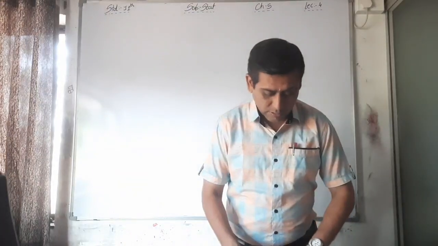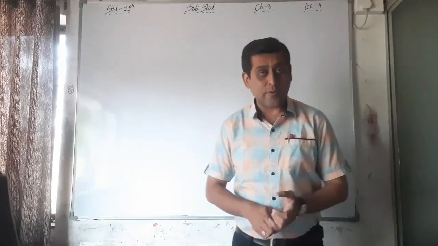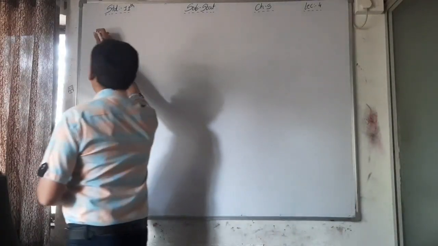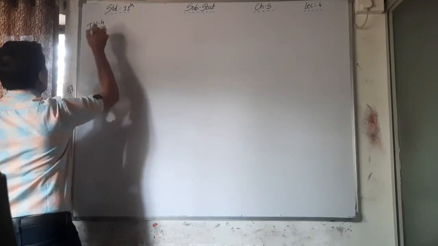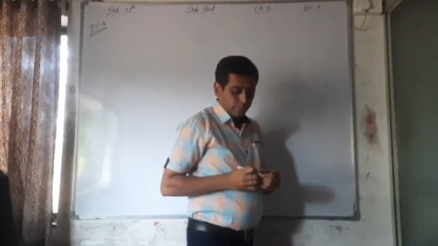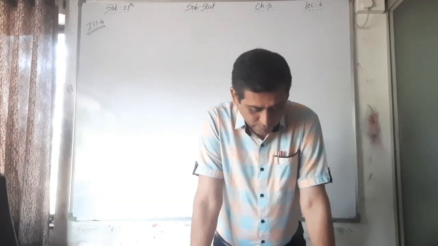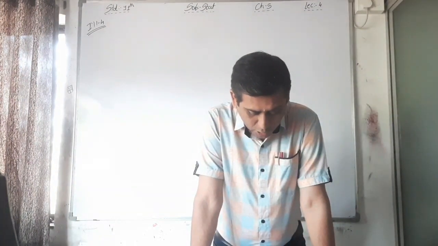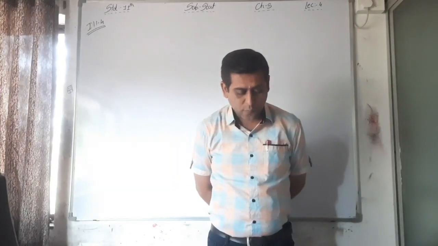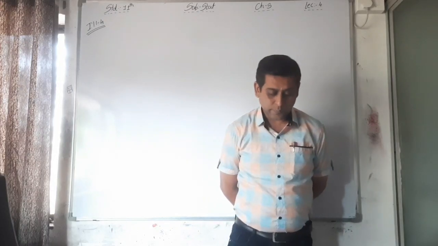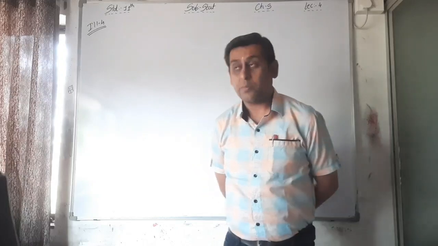Now, in our last session we completed illustration number 3, so we are starting illustration number 4. I am reading the question first. The average monthly transportation cost of 200 families in a city in the year 2014 is as follows. Find skewness and coefficient of skewness using Karl Pearson's method.